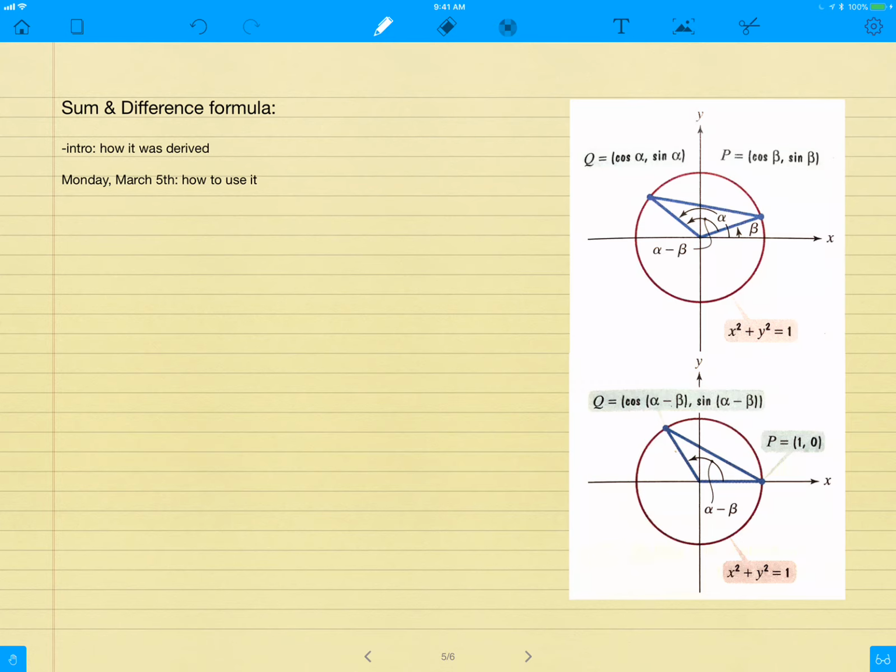So I gave you two pictures here because these two pictures are similar. What they're showing here is how they could subtract angles. If we're looking at this top picture, we have an alpha angle, which is an obtuse angle. It's going into that second quadrant. We have a smaller angle, which is an acute angle in the first quadrant. And they want us to find the difference between them, the difference of the two angles,